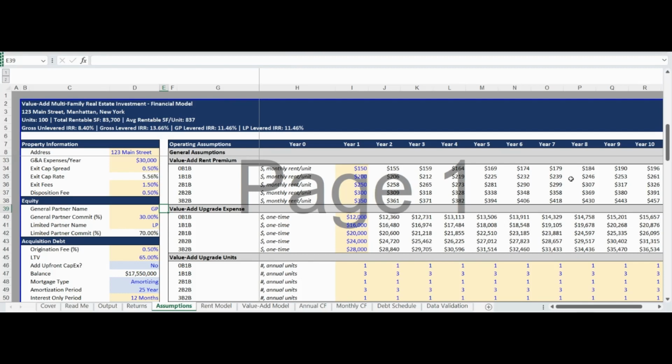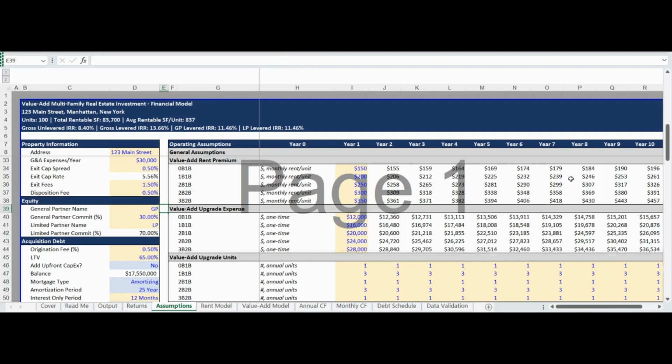You will most likely not be able to renovate every unit unless the building is acquired vacant, which means an annual schedule will be applied. Please note the model is dynamic and allows you to input any type of schedule, such as renovating all units in year 1, renovating a handful of units each year, or renovating for a few years and then stopping the